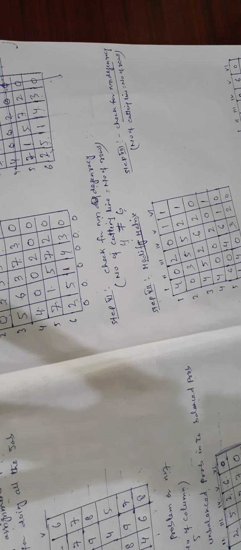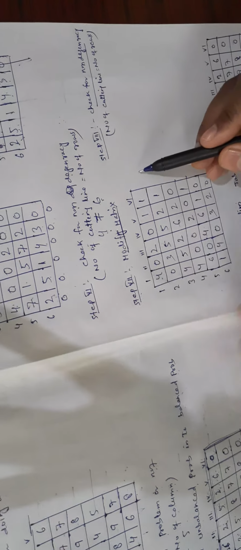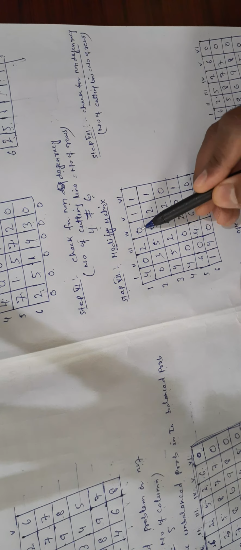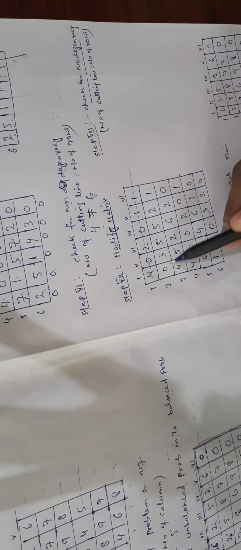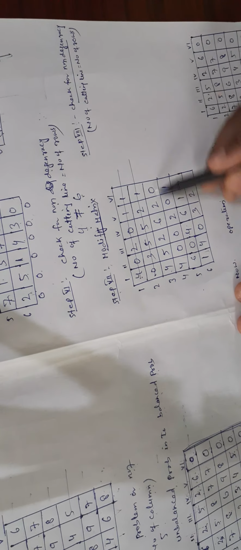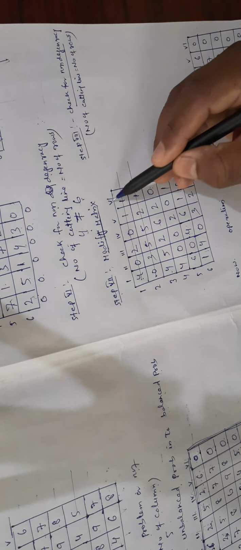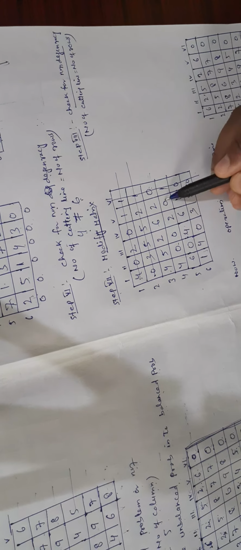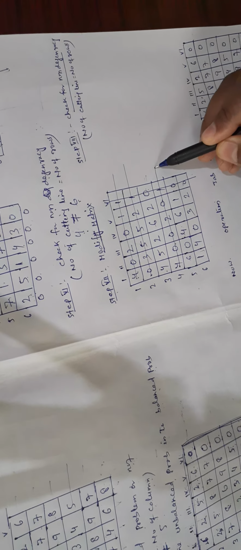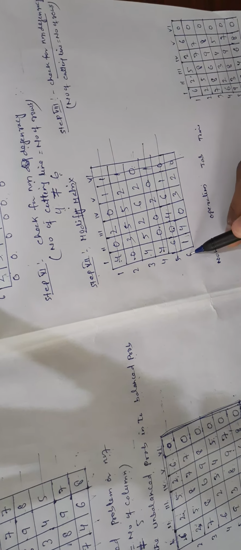So now once again we have to look at the modified matrix. Here also we have to cut. This one is the first row, the first row 0 0 2 0 is there, so cut like this one. Here also 1 0, there is no 0, so cut like this one. In this column there is no 0, so you cut like this one also. There is maximum 0 here, 2 or 3 zeros, cut like this one. And here also only 1 zero is there, so cut like this one. Here is also 1 zero.